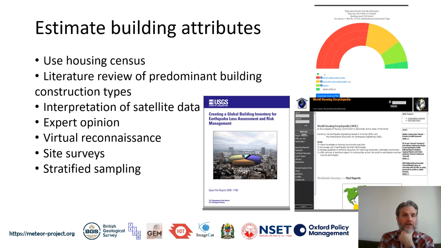Virtual reconnaissance, that's the street view type approach. Site surveys, this would be the type of thing that we did on our level 3 data. We'll have a session where we discuss that in much more detail, where you actually send people out and do a stratified sample. So within a given region development pattern that you're able to identify in, say, the remote sensing data, you drop random points, and for each point, you go and collect maybe 10 buildings nearest to that point,